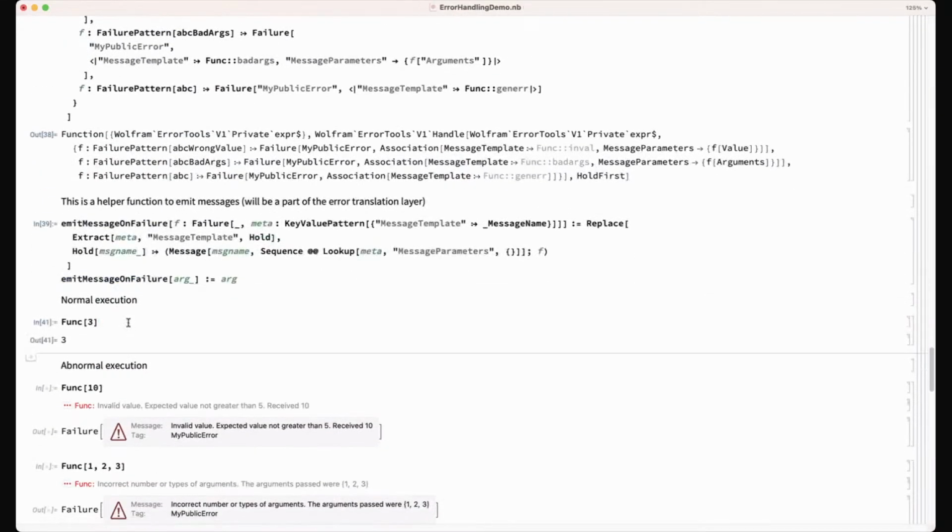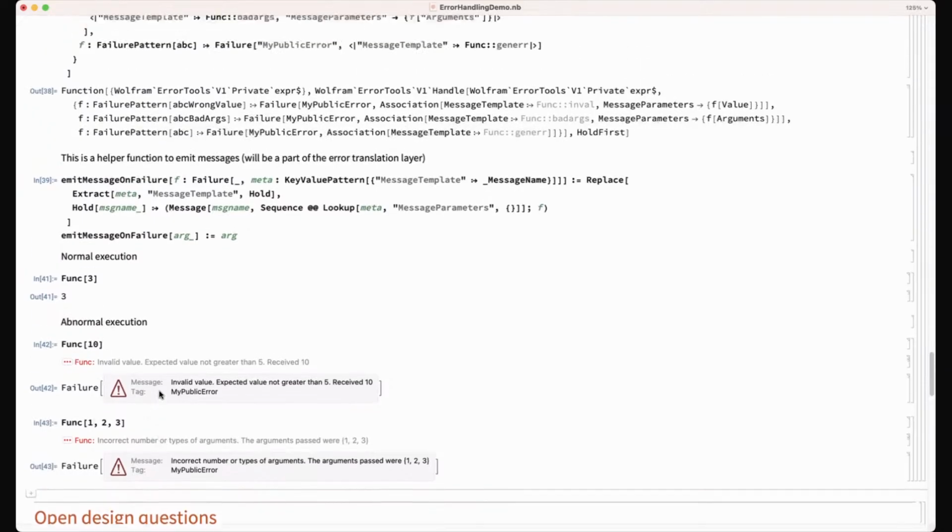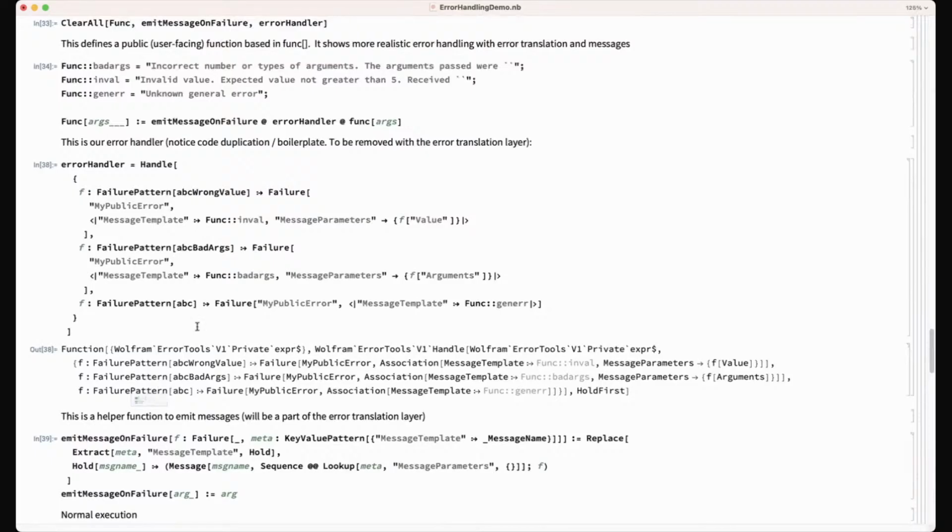And then once we execute this, we can see that there are no signs of these internal messages, and we're just essentially... I'm sorry, what internal messages? Sorry, internal failures, because all these failures which we catch are being replaced by public-facing failures.